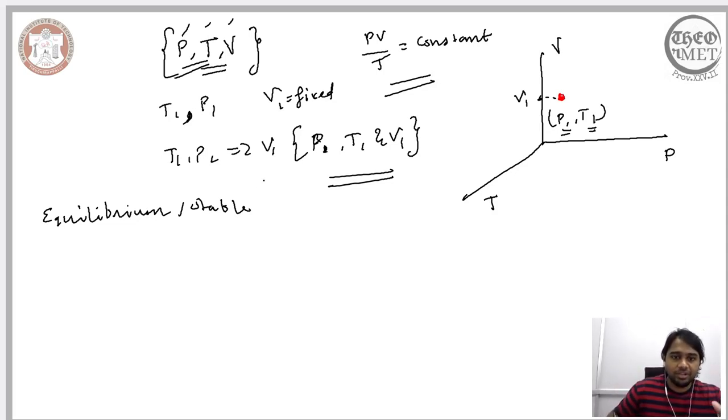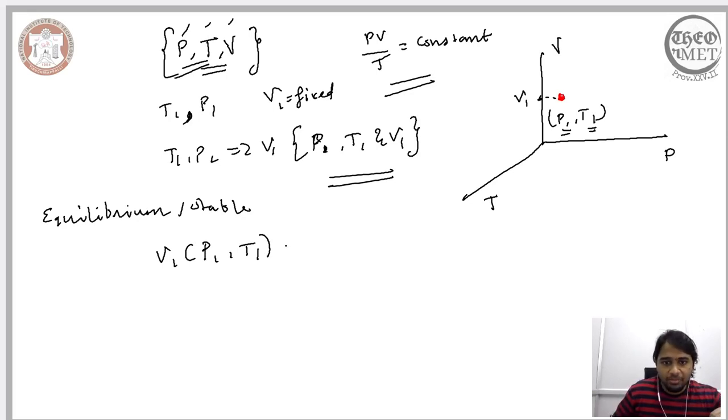Instead of considering a system, say V1, which is defined by P1, T1, let us change the pressure and temperature to say P2 and T2. So when I change from P1, T1 to say P2 and T2,